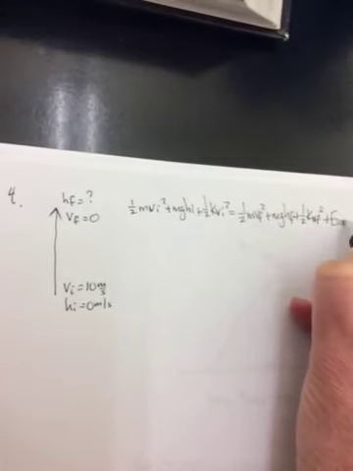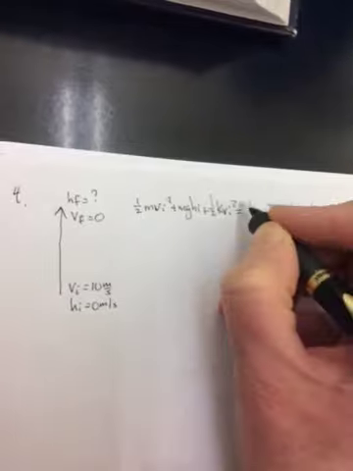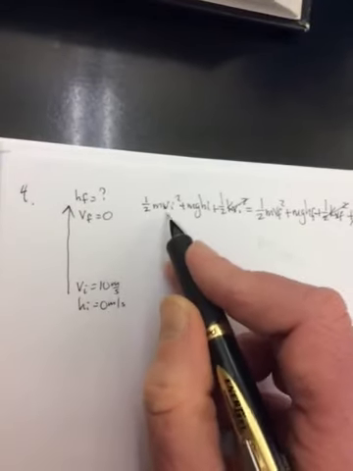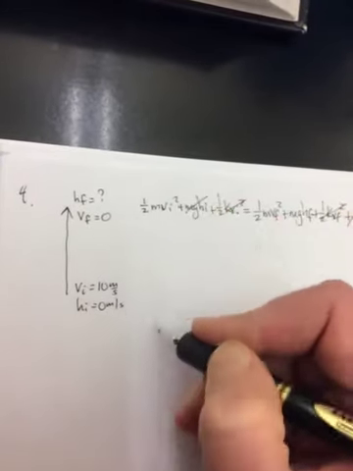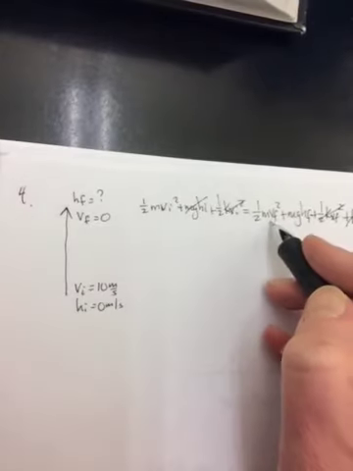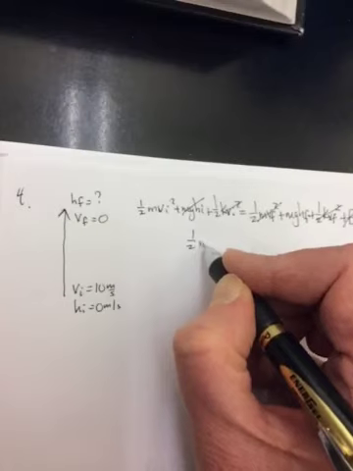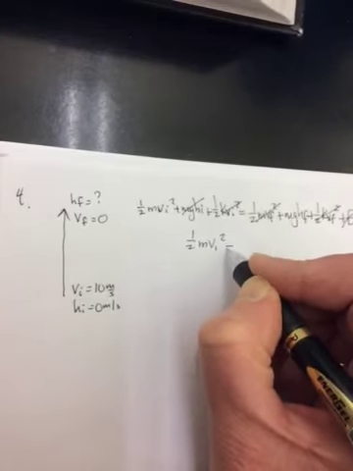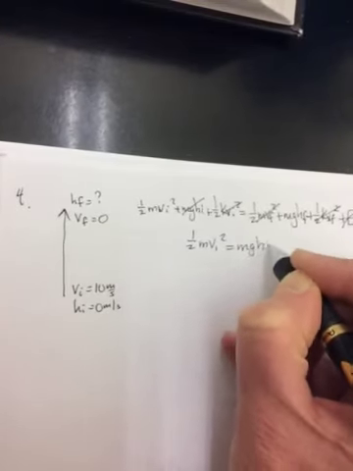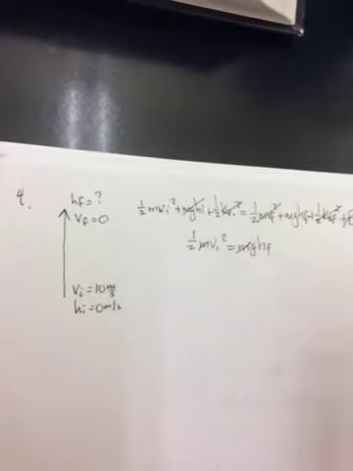Still no friction. I promise it's coming. Still no springs. Down here at the bottom, it has a speed but no height, so the mgh goes. Up at the top, it has a height but no speed. So we're left with 1/2 mv initial squared equals mghf. The m's cancel, to be continued in the next